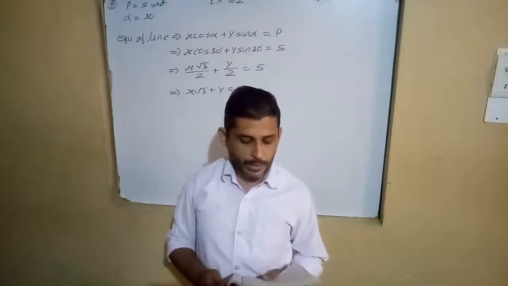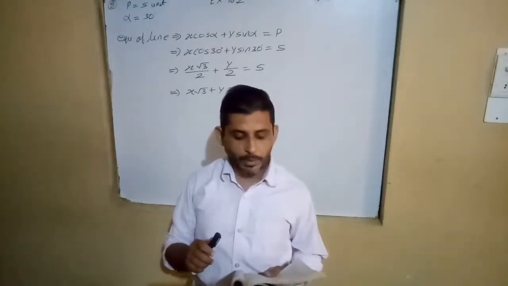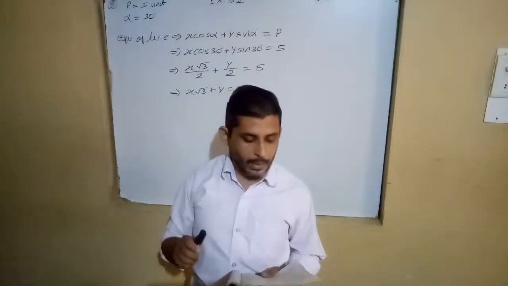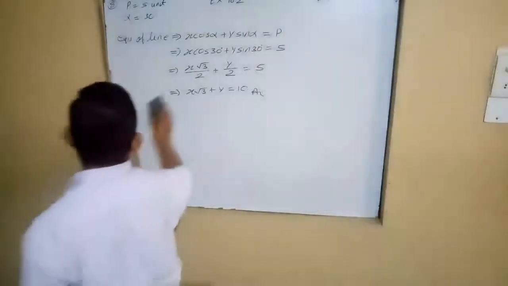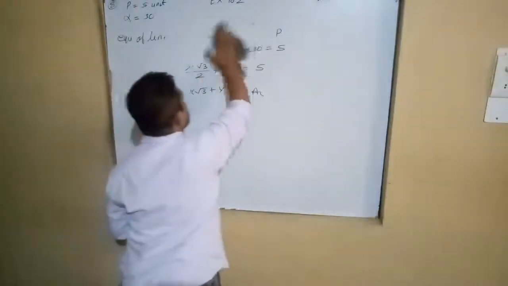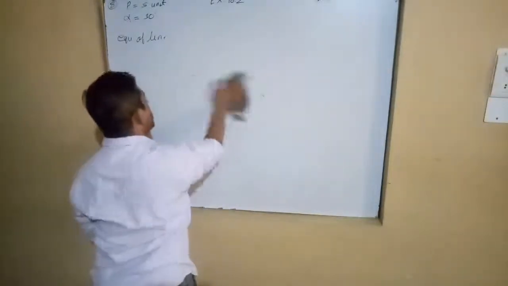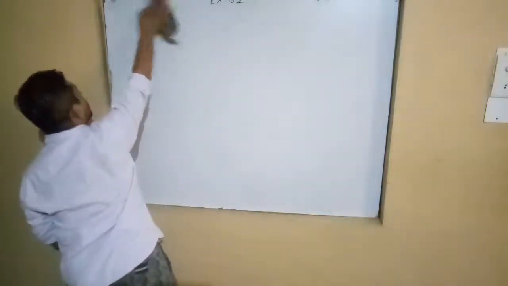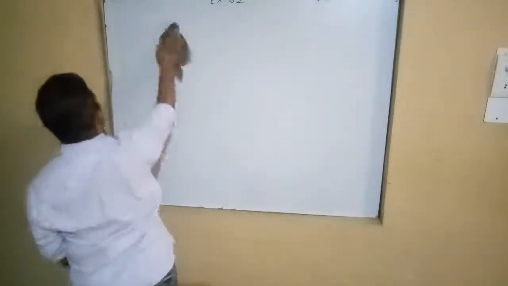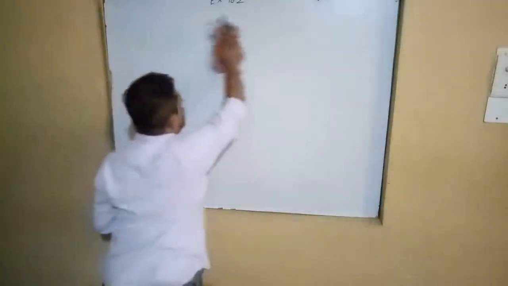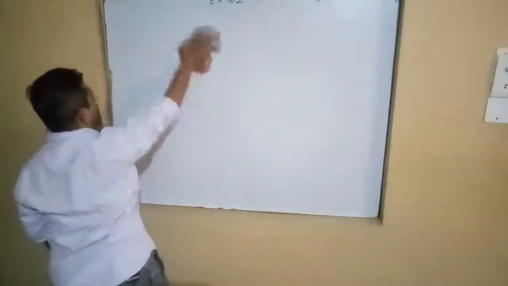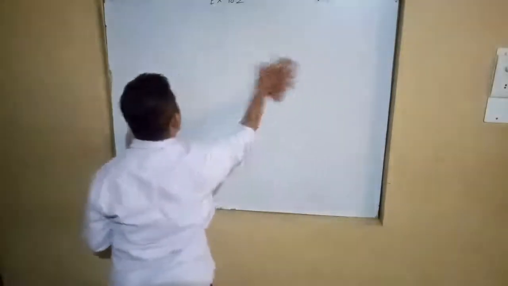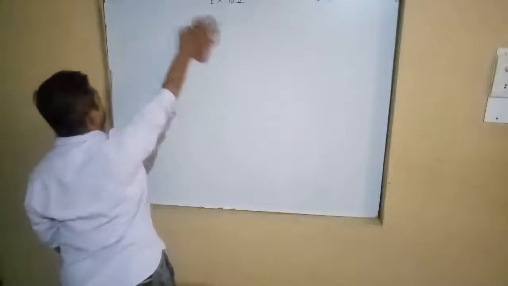Find the equation of line cut off the equal intercept of the coordinates and passes through a point 2, 3. So here we apply the intercept form of line, x upon a plus y upon b is equal to 1. Here the line is given with equal intercept on the x and y axis. So we first let something as that equal part.